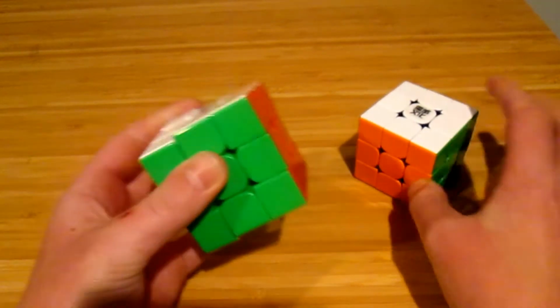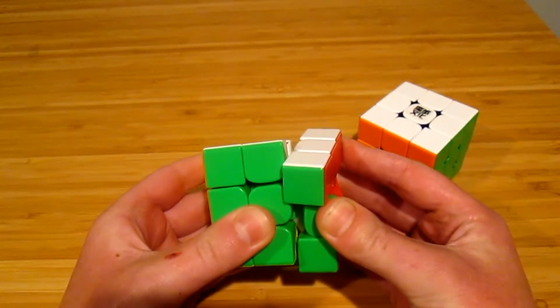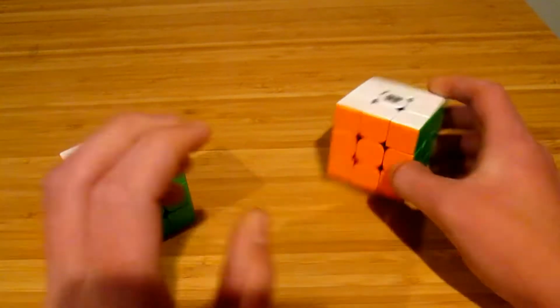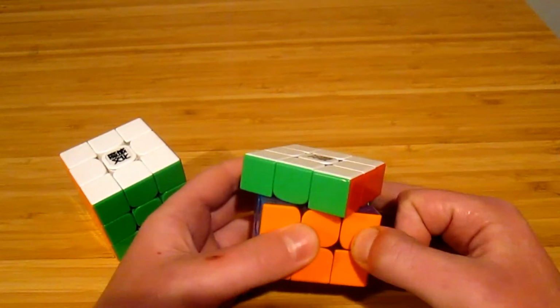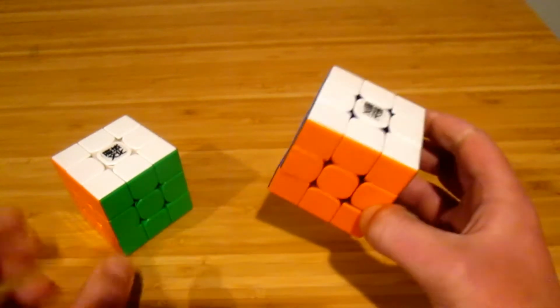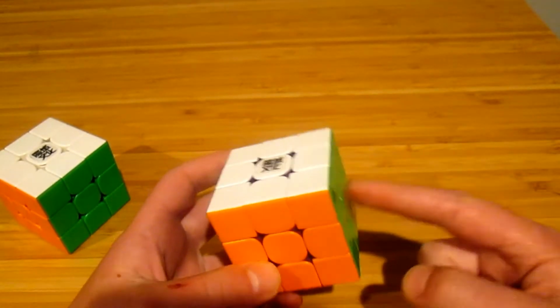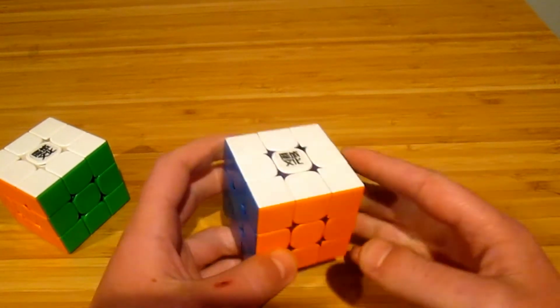But in solves, I feel like the RS3M doesn't corner cut as well. As you can see, even from there, it's not going to go. Well, with this, if you try that, it just goes. So I think that this cube is overall better than this. This is more controllable. But I do think this cube being really fast and also quite stable is great, but